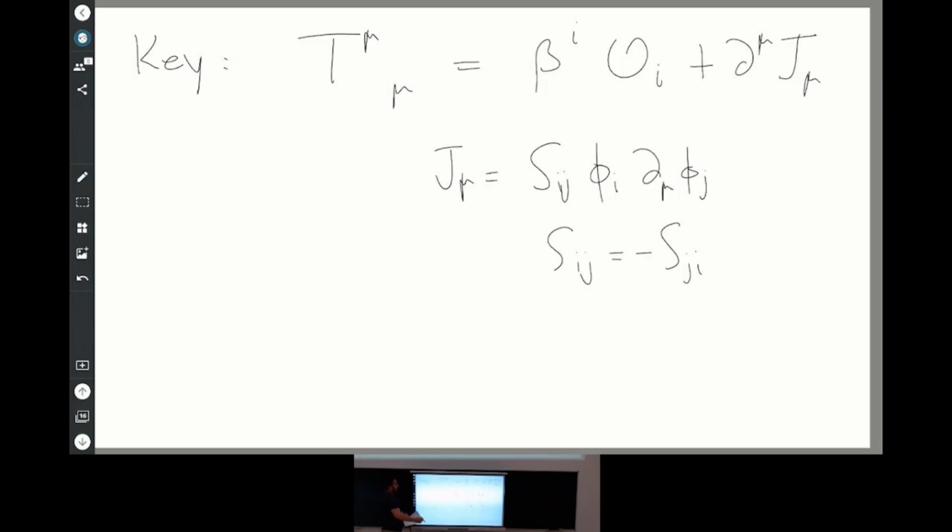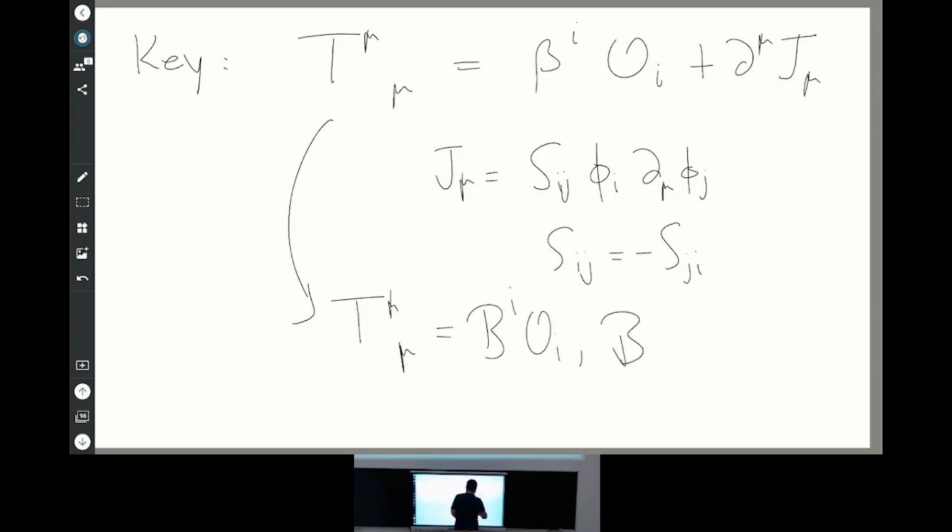Okay? Now, after I use the equations of motion, I can rewrite this thing in the following way, where this b_i is the beta function minus this S lambda. So it's just using the equations of motion, which you can do for any conservation or current condition. So this is saying that, well, you shouldn't really be looking at the beta function to see if the flow is gradient. You should be looking at this b function. But what is this S? How do we compute this S?